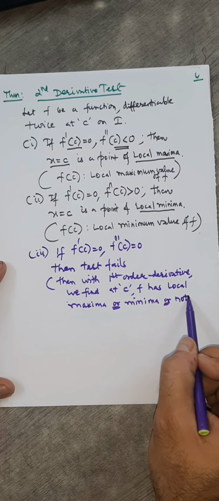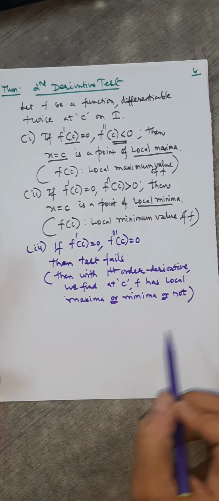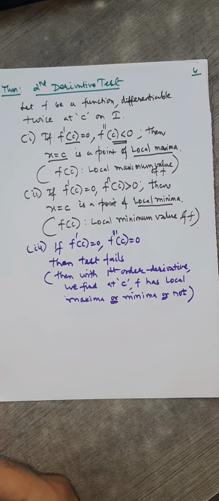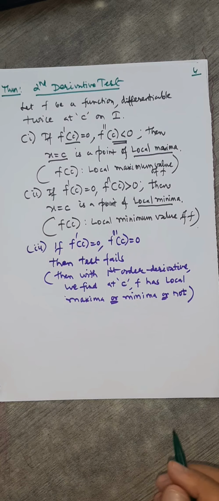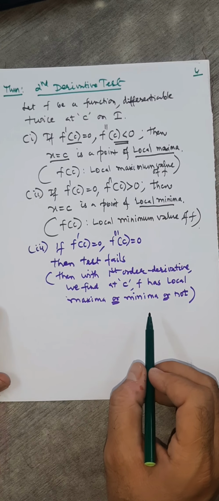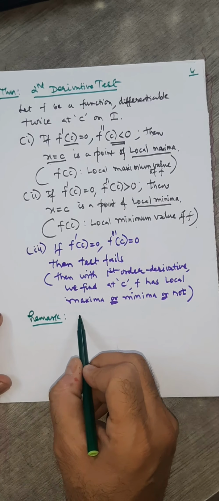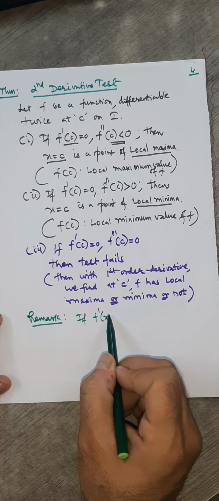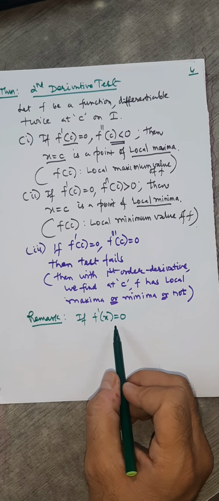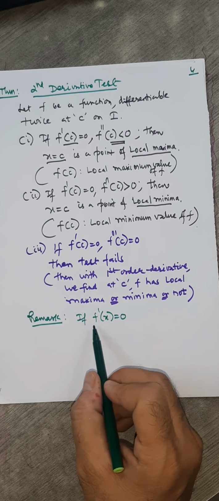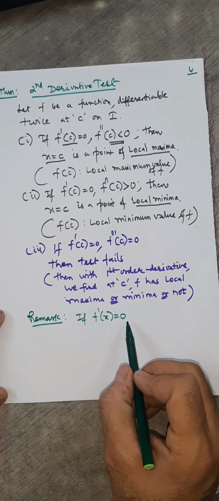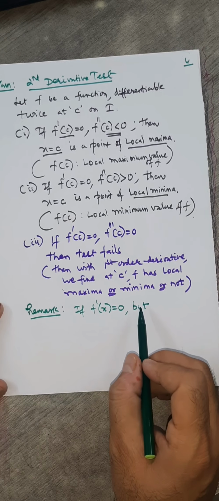It's quite possible the function may not have a local maximum or minimum. And such a point is called a point of inflection. The point where the function has no local maxima or minima is called the point of inflection. Let me write that as a remark here. If f dash x is 0, then usually we consider that the function must have a local maximum or minimum. But sometimes even if f dash x is 0, I'll show you by graph, you'll realize,